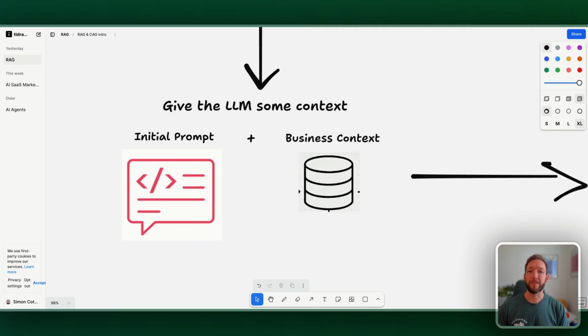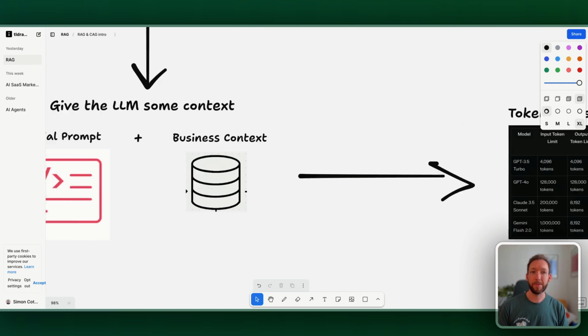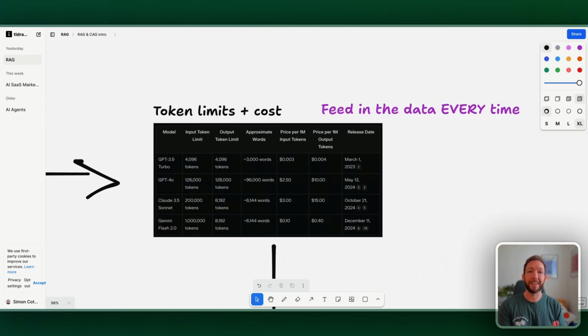So we have a few options to feed it in to the prompt. And the first is just feeding that data in every time. So imagine you're prompting ChatGPT. You've often gone to another tab where you've got some data that you want to work with and pasted that directly into the prompt with ChatGPT. Now that works for a small amount of data, but what you're doing is feeding in that data every single